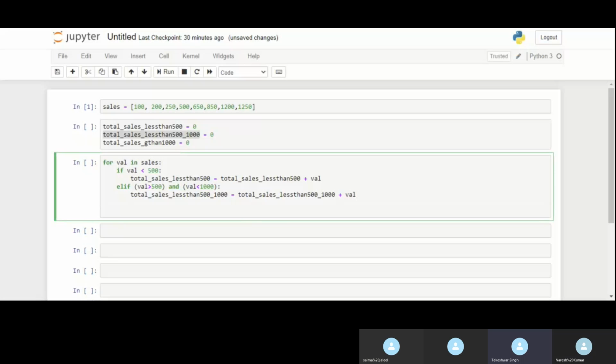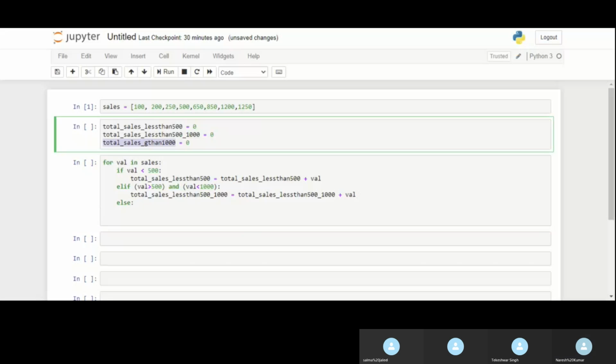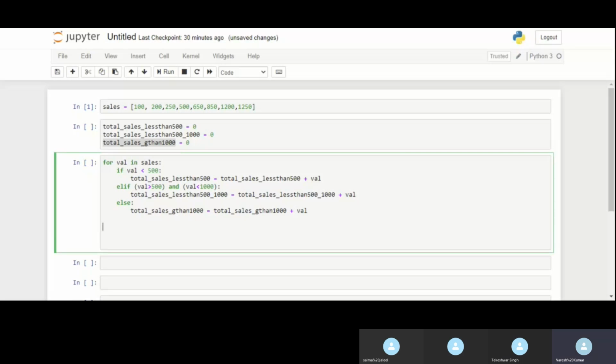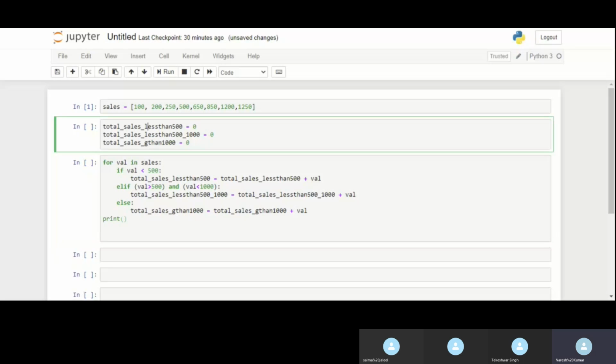So go to the else part, and then give me this, that's val.